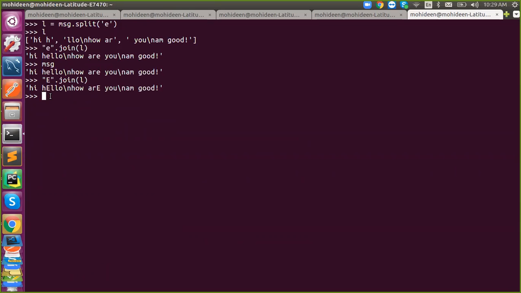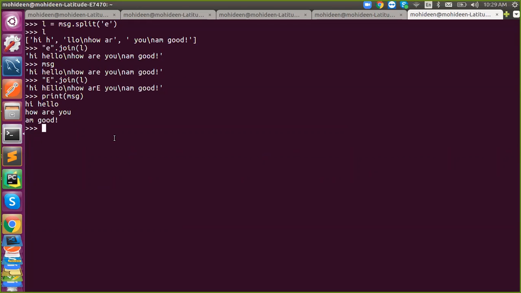Can you remove this \n from this L, like say there's an unwanted \n? No, slash n is not counted as a string. Slash n is an indication, it is a new line. When you print, you will get it printed in a new line. It's just an indication. That's it. Got it?